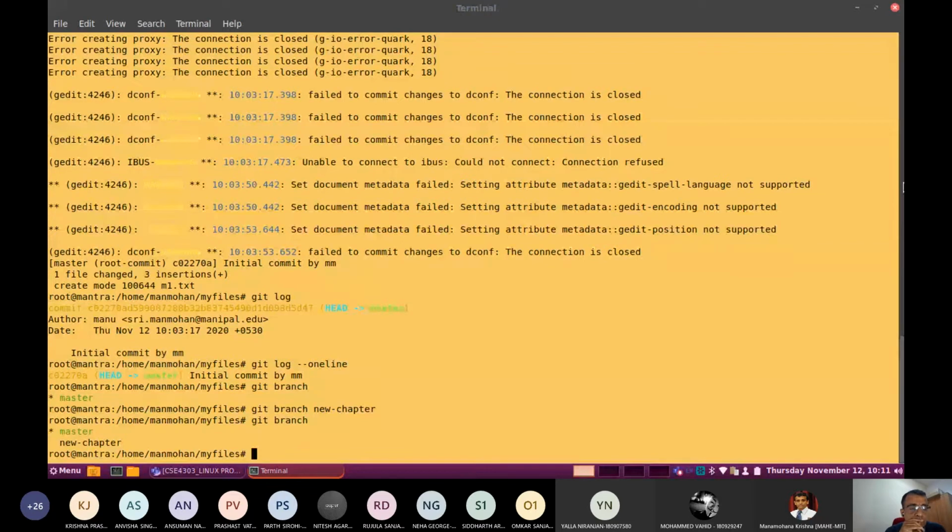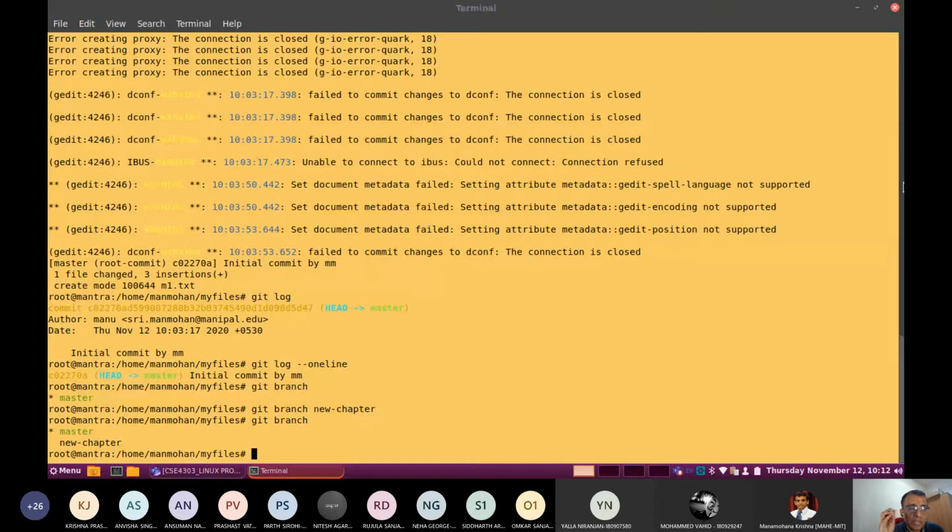There you can notice that there are two branches here: the master branch and the new chapter branch. There is a symbol near the master branch that says that currently you are in the master branch.